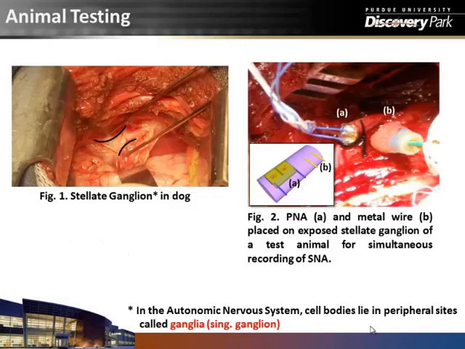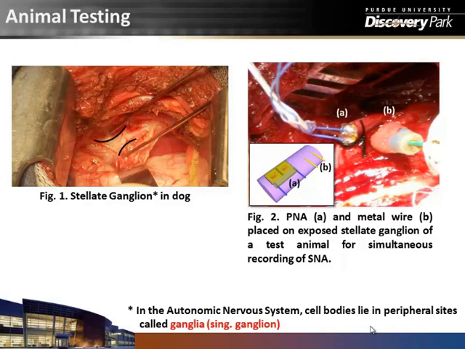We then went ahead and implanted these sensors. This was done by my doctor friends at the Indiana University School of Medicine. On your left here, you see a picture of an exposed stellate ganglion. The inset in the figure on the right is a simplified version of what we wanted. We wanted to put our sensor, which consisted of 2 electrodes, and then place what they have been using conventionally, which are wire electrodes, so we could get the input from both of them and then compare the performance of